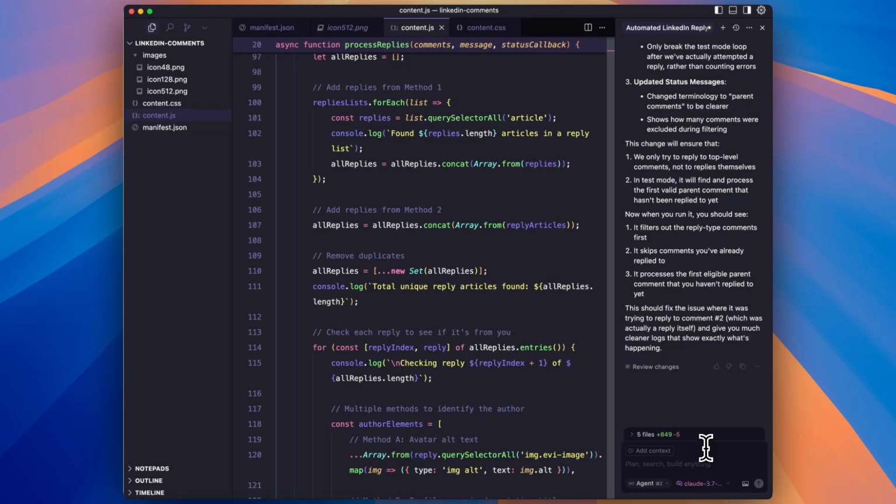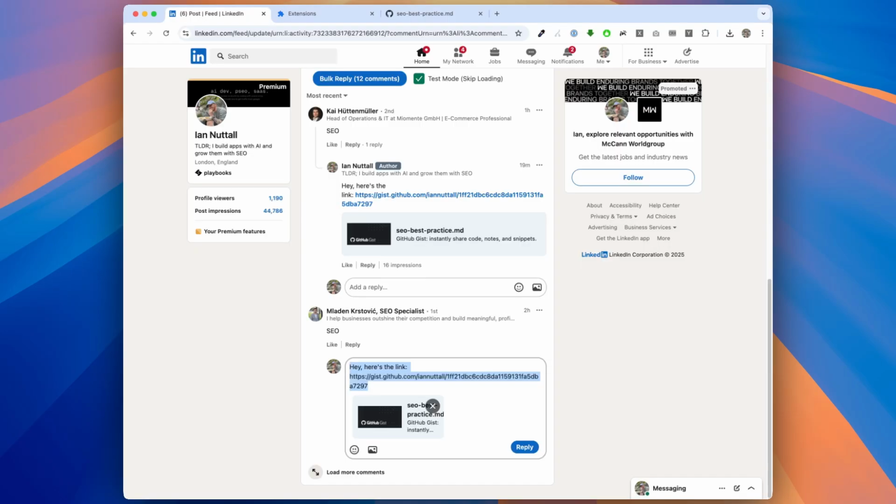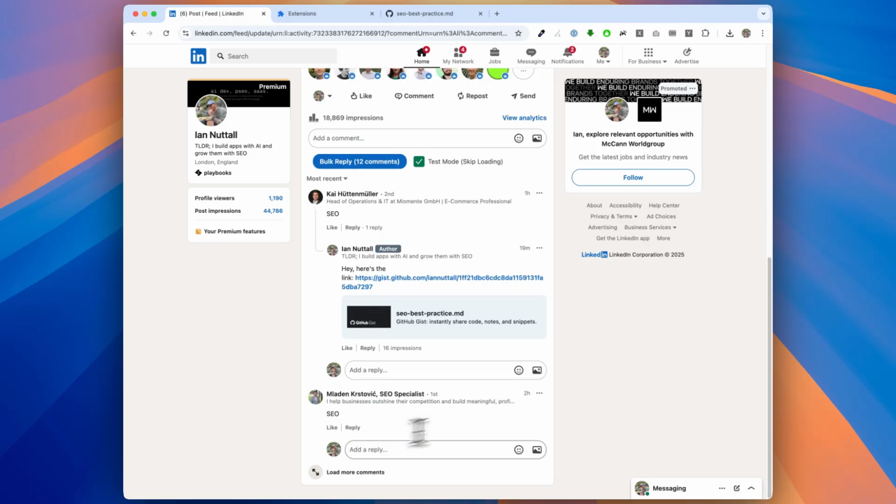So now we need to actually run this and make sure that the comment is posted. Let's still keep it on test mode where it doesn't load more comments and it only does one, but let's actually send the reply this time just to check that it's working. So what we want to do realistically is, if I delete this, it should just send a reply here automatically.